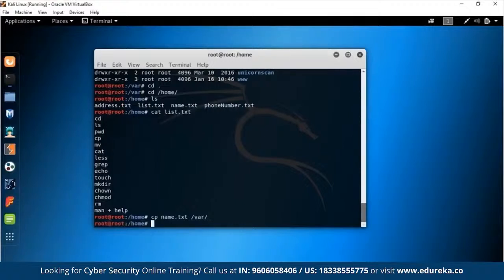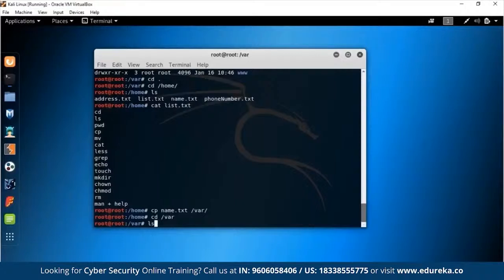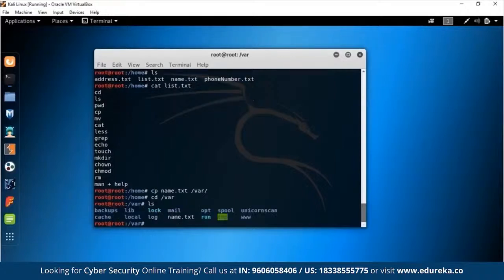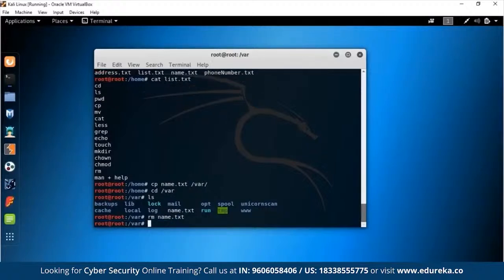But that was a very small file. Now we can actually check if it was copied before I move on and pour some more knowledge into you. So let's go into var. So cd /var, hit enter, and you're in var again, and you do ls, and now you see name.txt. So let's remove name.txt from here because I want to copy it again and show you all a difference between a flag that I'm going to use right now. So the hyphen and letters that you use are called flags technically in the Linux terminology.